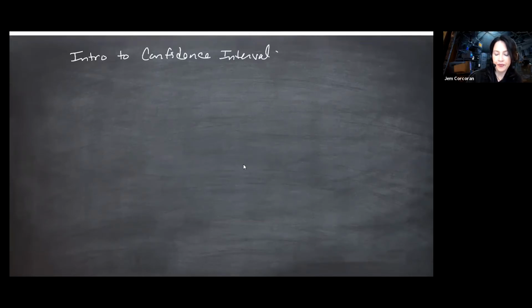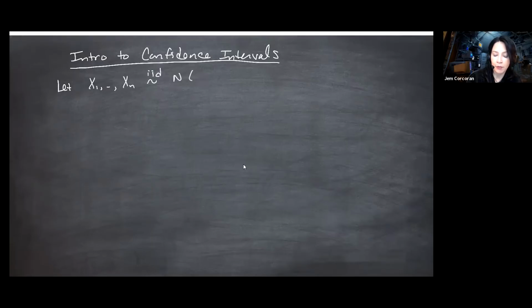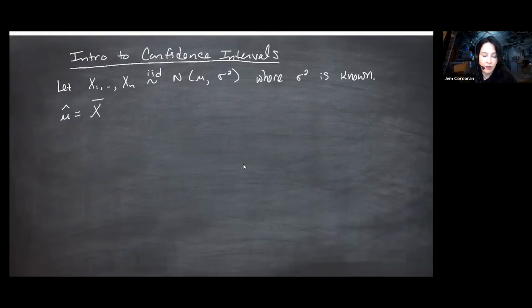So far, let's consider a random sample as an example, a random sample from the normal distribution. I'm going to let x1 through xn be IID normal with some mean mu and some variance sigma squared. And I'm going to assume that sigma squared is known, but mu is not. I don't think this would actually happen to you. You probably wouldn't know either of them, but it is a building block to the case where sigma squared is unknown.